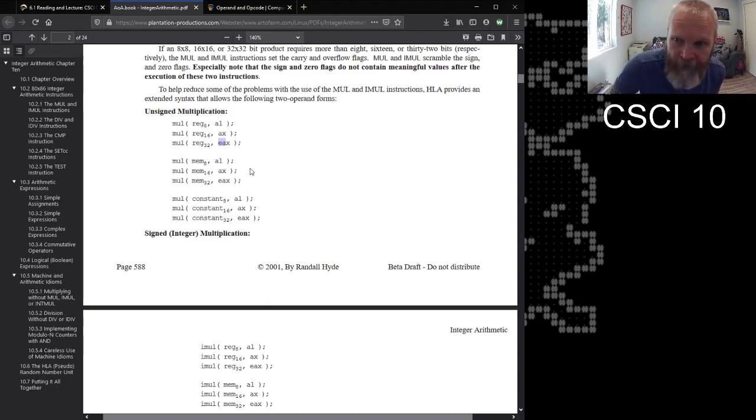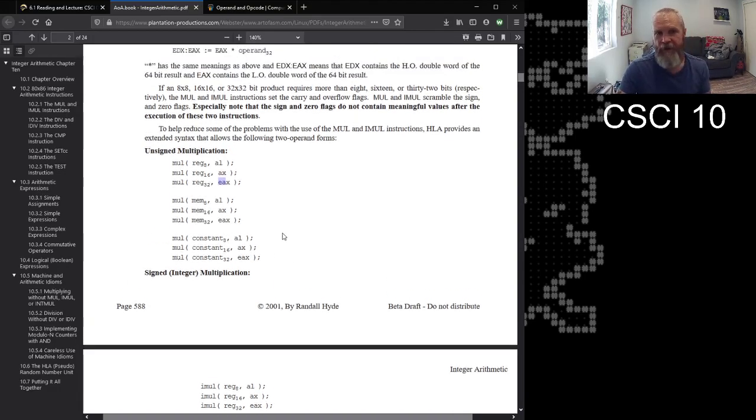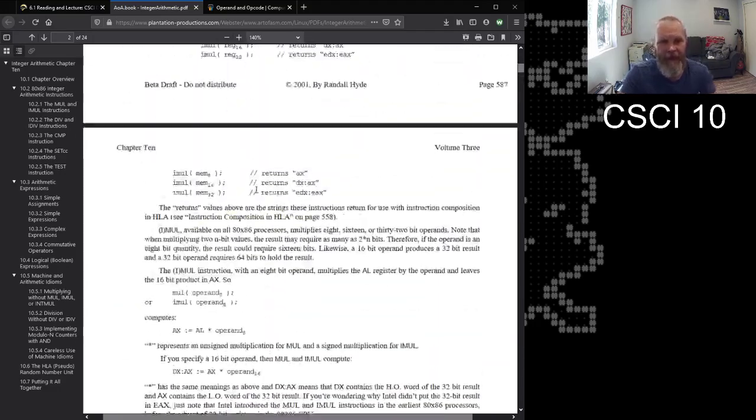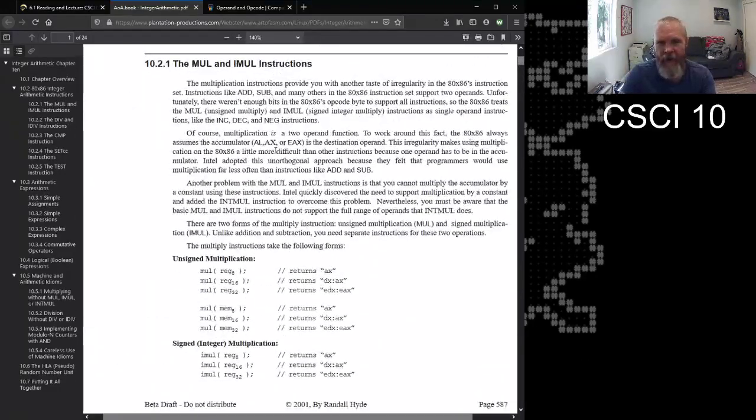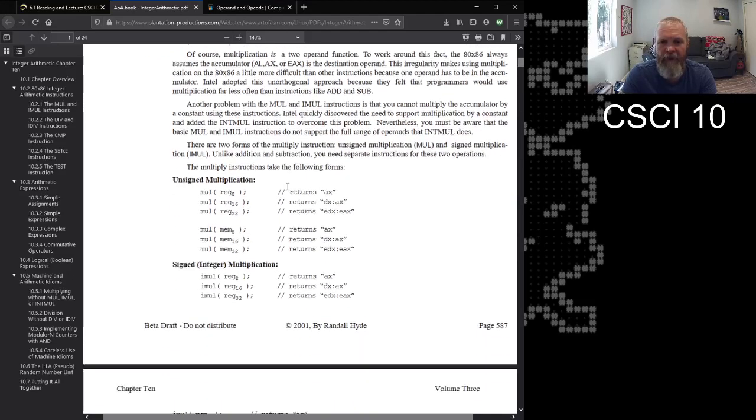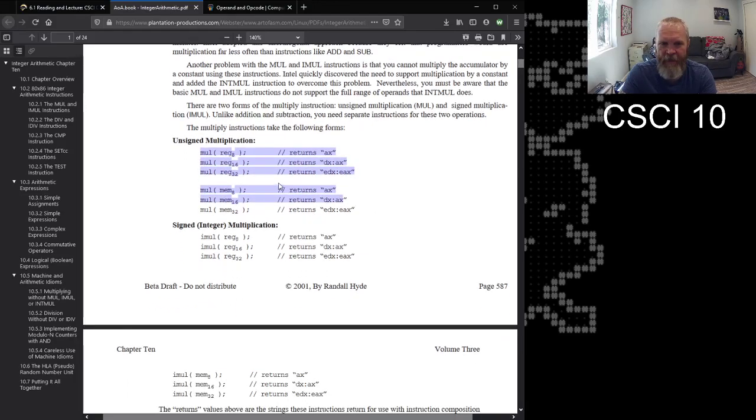Okay. So that's the mul instruction. The questions in the homework are just asking you to read, and maybe what I said will help you a little bit in hunting down the answers, to make a little bit of sense of what this mul instruction actually does and why it is that way.